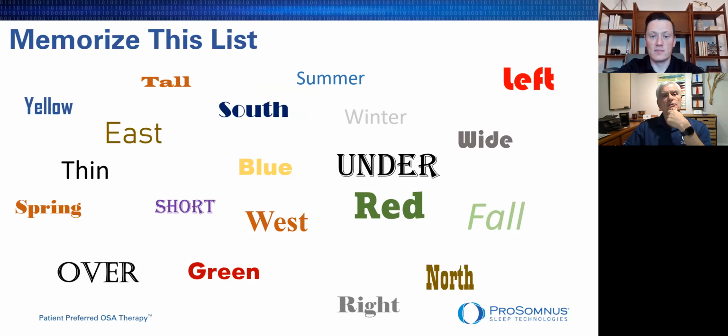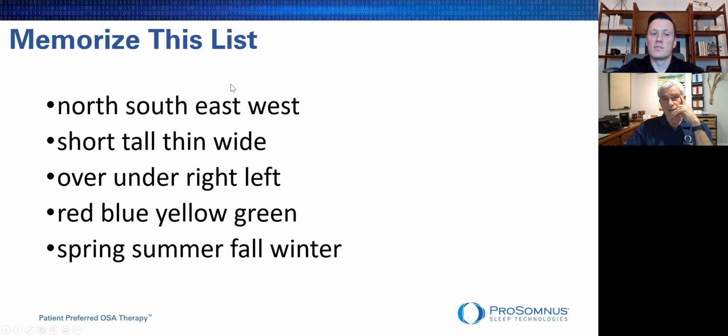Systems help us organize things. If I were to ask you to memorize this list and I gave you 30 seconds, I just sat here quietly and counted it down and I said, if you memorize this list perfectly in 30 seconds, I'll give you $100. And if you don't, you give me $100. Very few people would take that bet. But if I asked you to memorize this list, which are the same words, organized, systematized into groups, into functionality, into common themes,